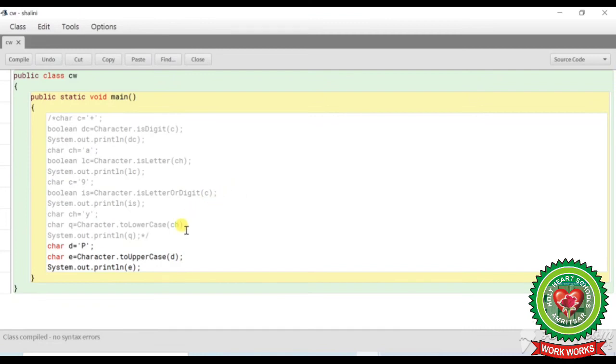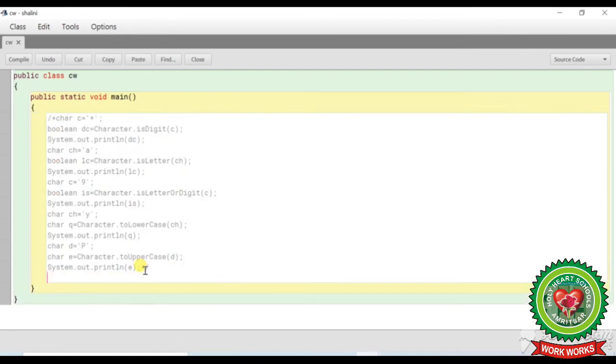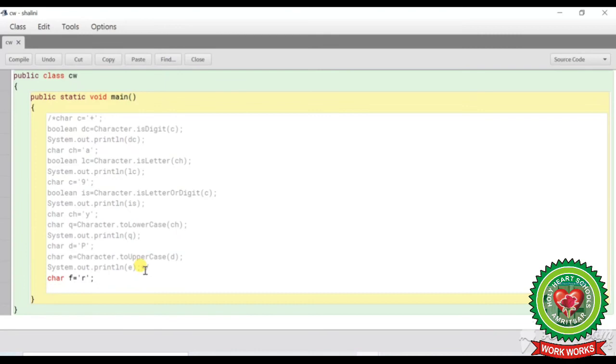Our next function is isLowerCase. Here first I am going to put them in comment so that I get only the required output. Now here again, char f equals, in single quotes I will write any character, let it be r, then enter. Now it's going to check boolean t equals Character.isLowerCase.